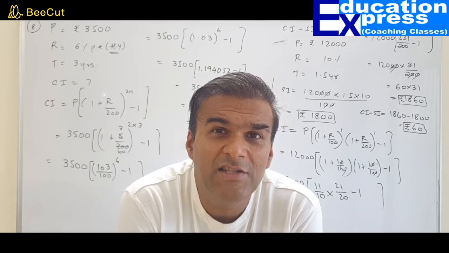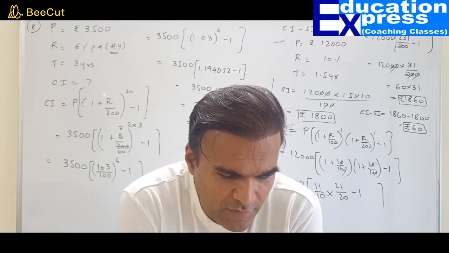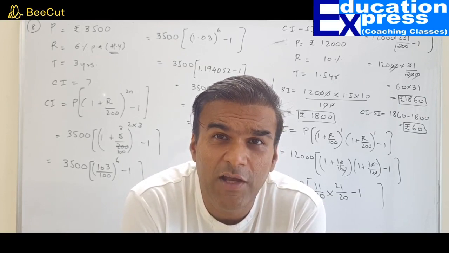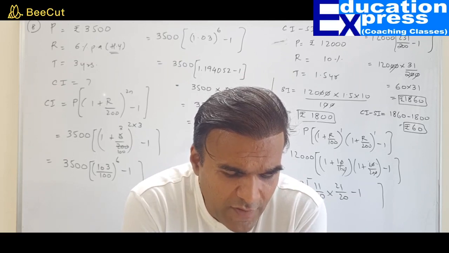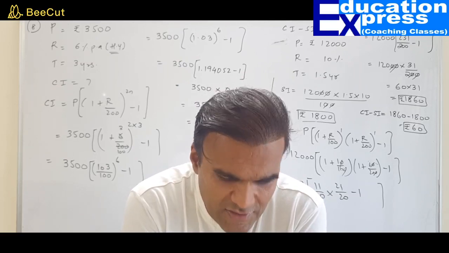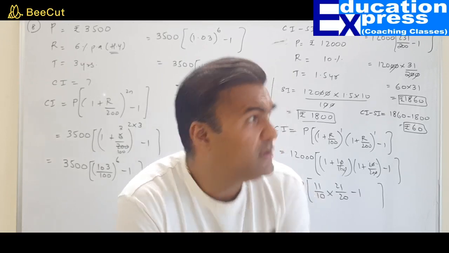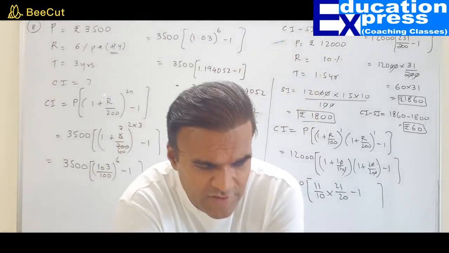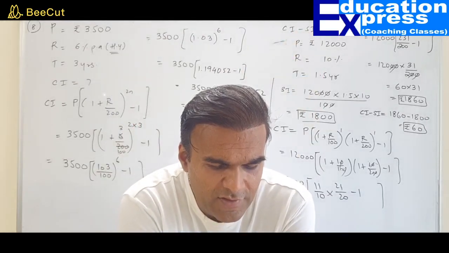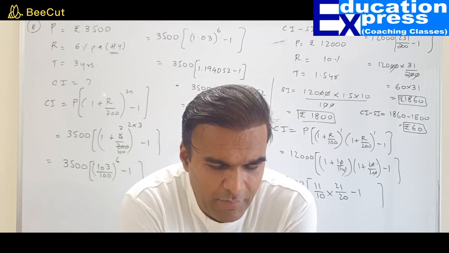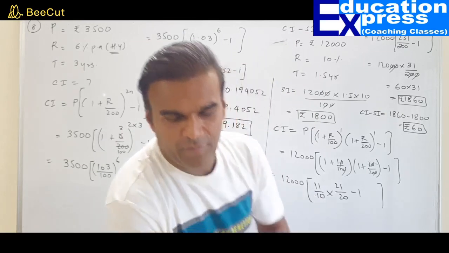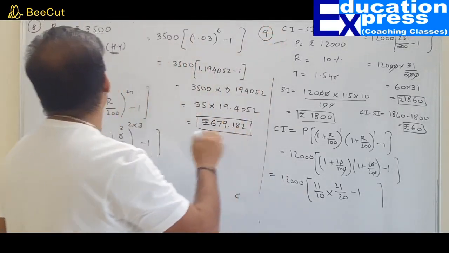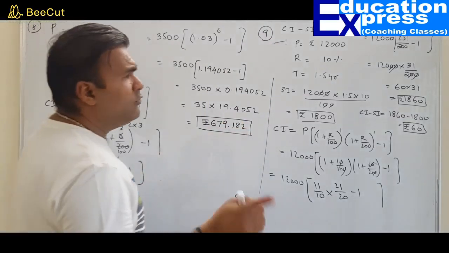We are heading to the last question, and this last question again is a simple one. I am not doing this question, I will just give you a hint to the solution. It says find the difference between the compound interest and the simple interest on rupees 12,000. So again, principal 12,000, you have to find the difference between the simple interest and the compound interest for 1.5 years at 10% per annum, compounded half yearly. So the only difference between, now this is question number 9. Alright, this is question number 8. Now when I do question number 10,